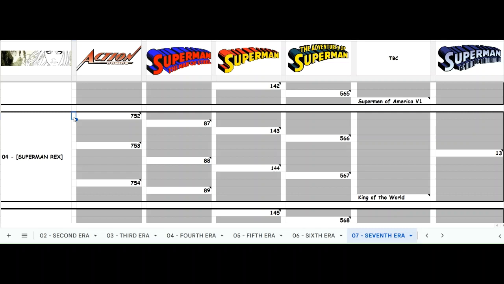We have Action Comics 752. Let's do a triangle check. That's triangle number 11 because Supermen of America was triangle number 10. After issue 752, we have Man of Steel 87, Superman 143, Adventures of Superman 566, Action Comics 753. Then we have Man of Tomorrow issue 13, which we can see all the way over on the right. We then have Man of Steel 88, Superman 144, Adventures of Superman 567, Action Comics 754, Man of Steel 89,